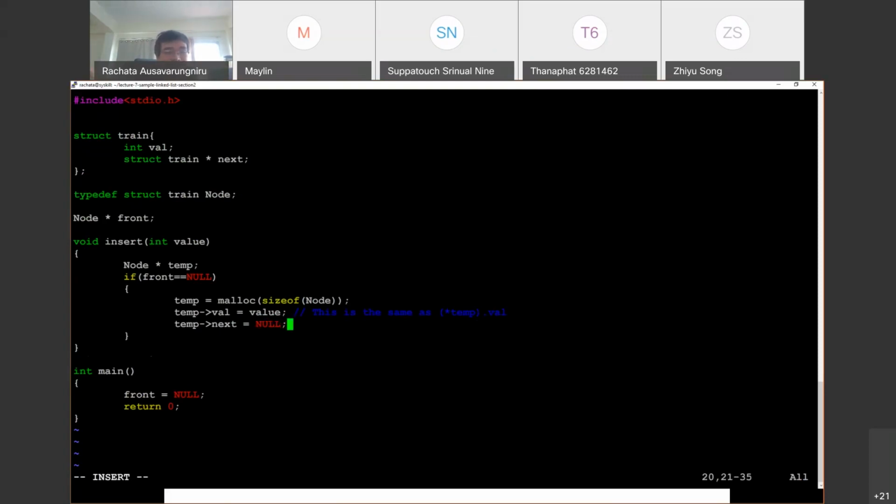It's the first thing, right? So it should not point to any item next. So that's the first node. That's the first node you're creating. You want it to have the value. Next should be null because